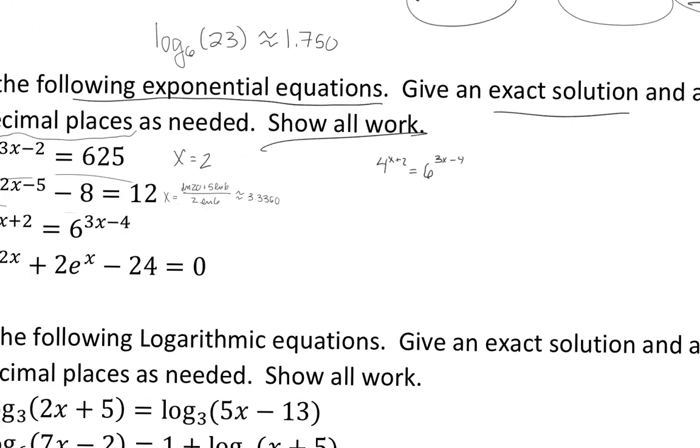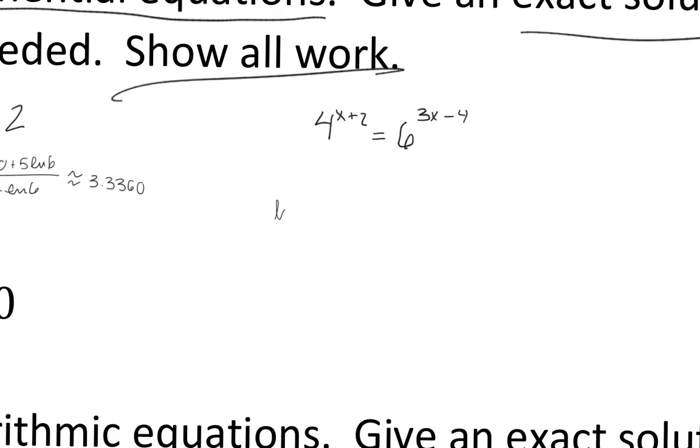So I guess first step, take natural log of both sides. Natural log of 4 to the x plus 2 is equal to natural log of 6 to the 3x minus 4. Here the powers can come out front in both. So I have x plus 2 natural log 4 being equal to 3x minus 4